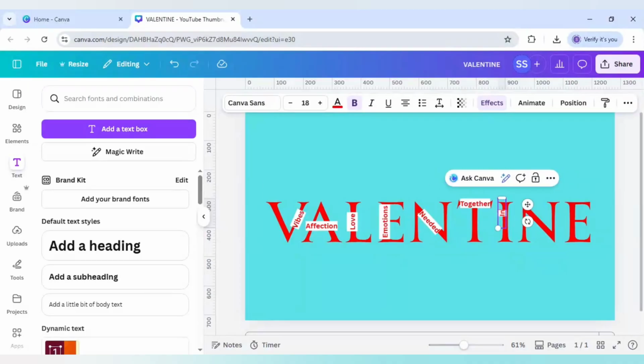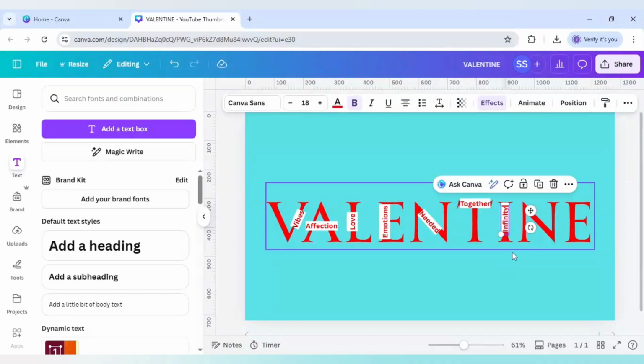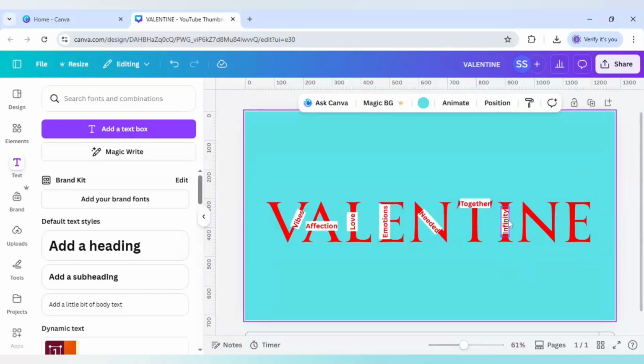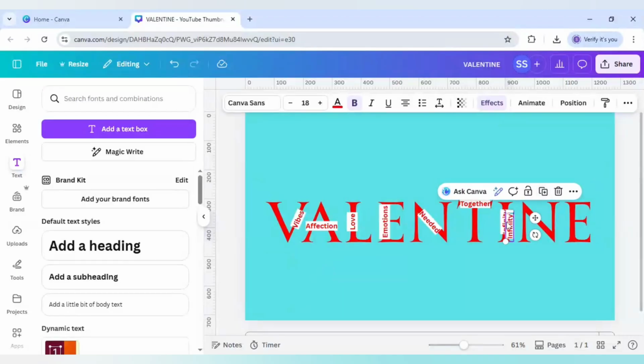Here I will write infinity. And just middle it, and again for this one I will write here never,